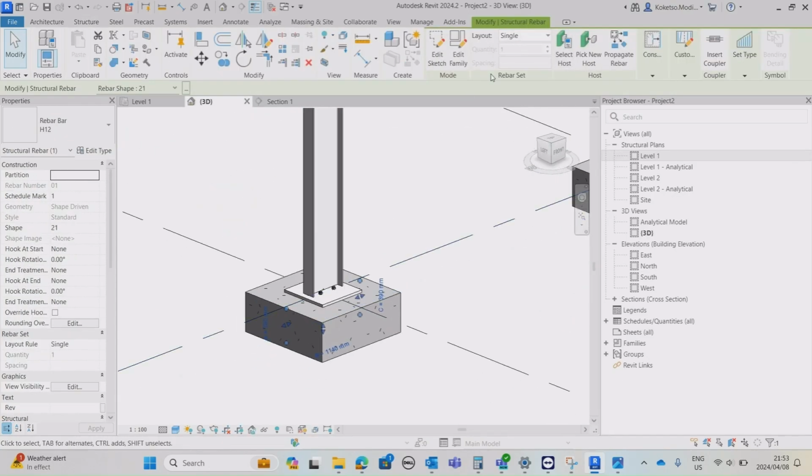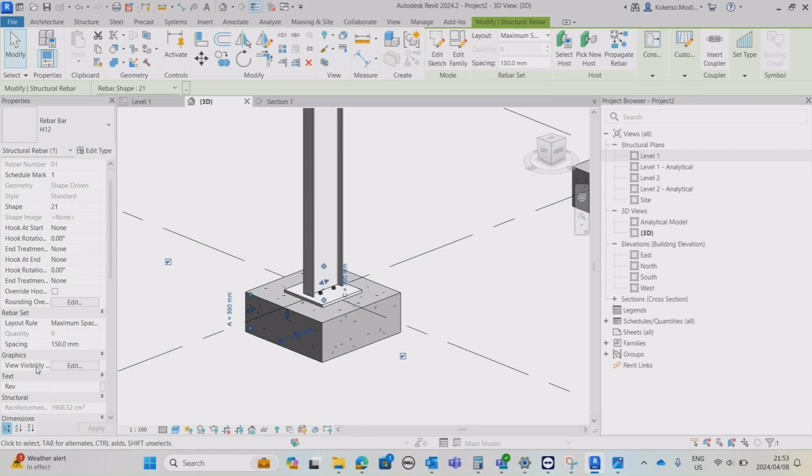Then select it, open up your 3D view, and while it's still selected, under your rebar set layout, you're going to set it from single to maximum spacing, and then set your spacing to 150 millimeters. While they're still selected, you're going to go under your properties, and under graphics, you're going to click this option, which is